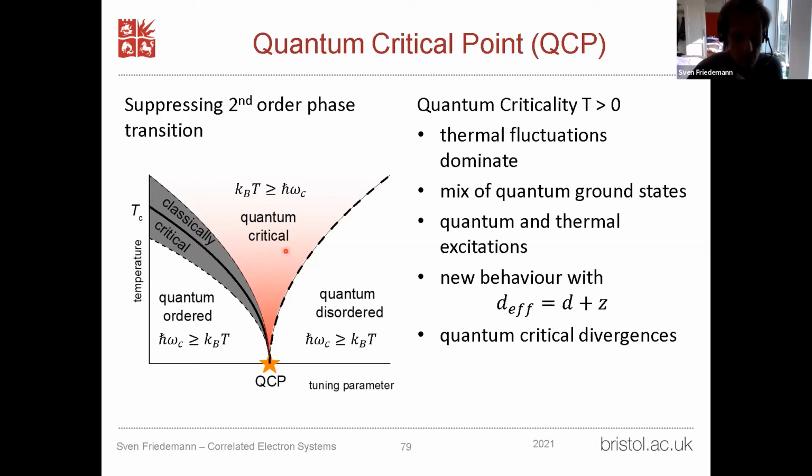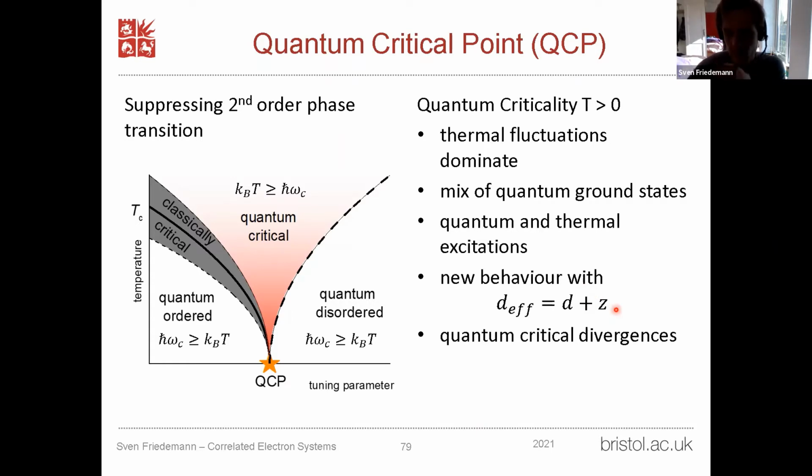In the quantum critical regime, you will have fluctuations occurring still in time and space, but the temporal fluctuations, if you write them down in quantum theory, act as if they contribute another dimension. And that's why one can describe the quantum critical behavior with an effective dimension. That's the actual dimension of the system. Could be three-dimensional for something like iron. It could be two-dimensional for something like graphene. Plus Z, where Z is actually the